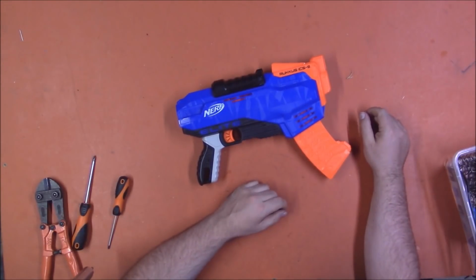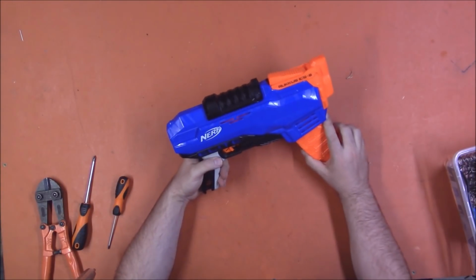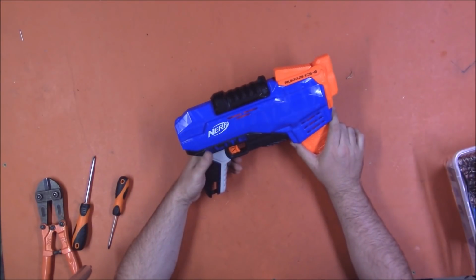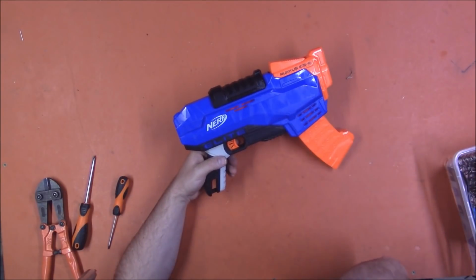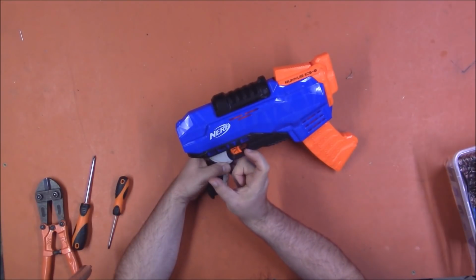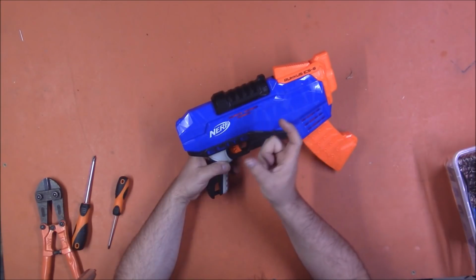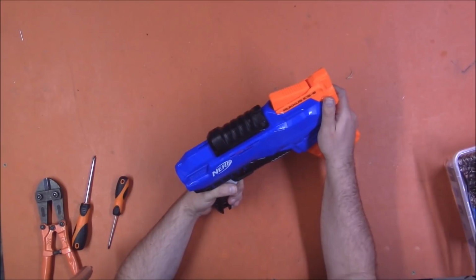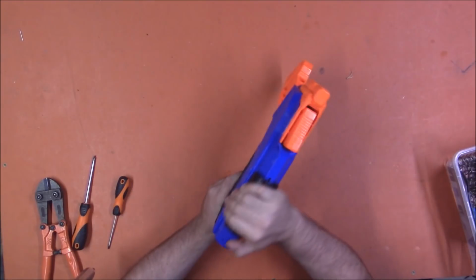Right, well that was a no for K26 for the Ruckus, but given the size of the spring, it looks to be roughly the same size as most of the magazine-fed blasters, so you could probably upgrade it with any of the springs for, say, a Strong Arm or a Retaliator or what have you, though it was very short, which means you might have to cut it down, which means it might not be much of an upgrade. You might have to get a heavier one, and since you're cutting it down, you'd lose some of that power. Don't know. I didn't have any that particularly suited that length, so...